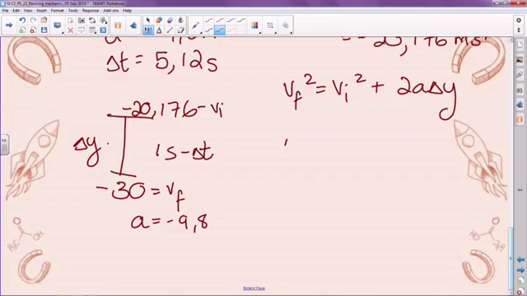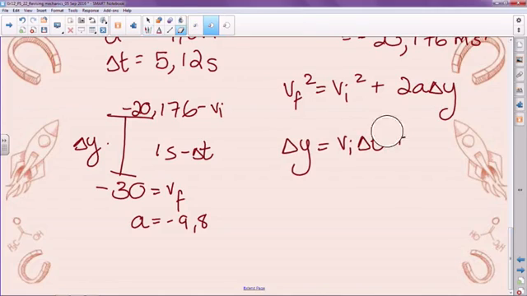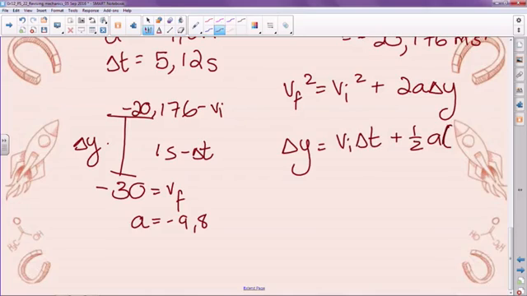But to me, I don't like manipulating equations if I can at all help it. So it's VI delta T, not V delta T squared. Okay, it's VI delta T plus a half A delta T squared. Apparently, I've forgotten how to write. So that's minus